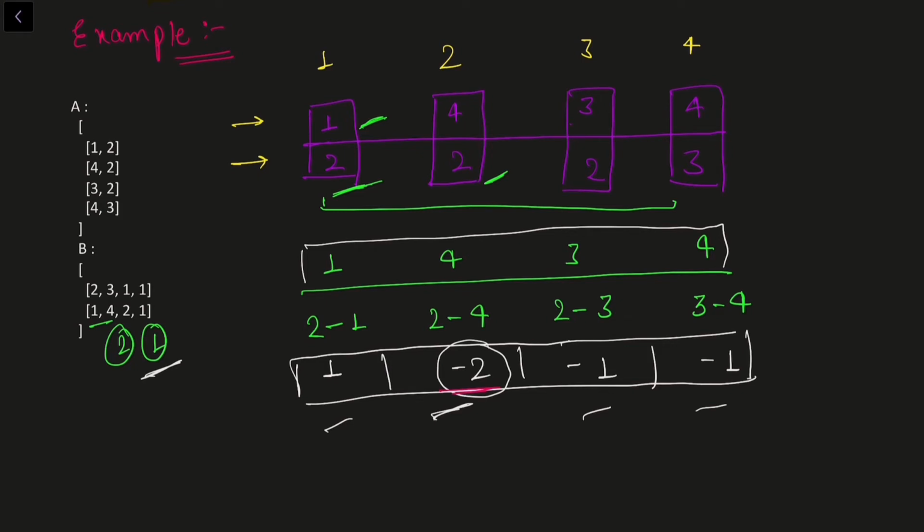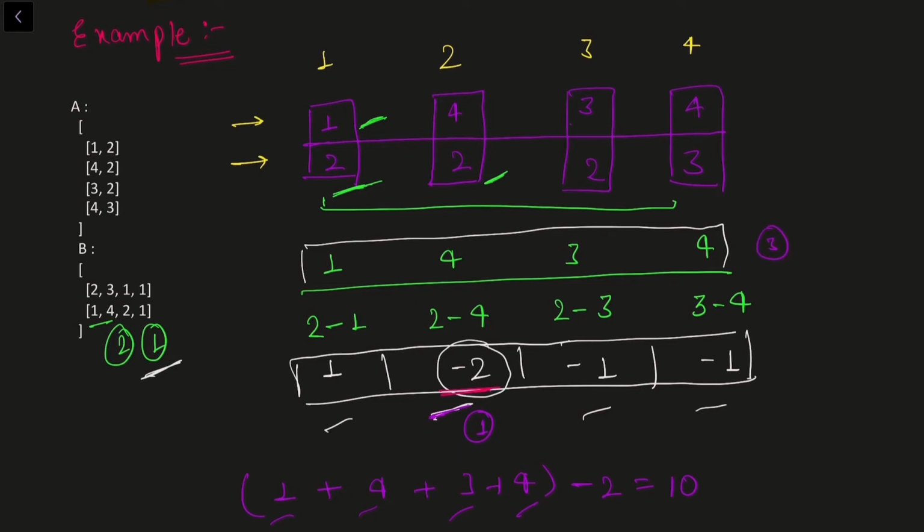Okay, so let's say I selected the second element, then what will be our answer? Our answer will be 1 plus 4 plus 3 plus 4. These are all the elements that we bought. And now since I'm buying the second element of type 2, then minus 2, right? So our answer is 4, 5, 6, 7, 8, 9, 10, 11, 12 minus 2, that is 10, right? So I got 10 as the answer right here. And what I did here, I chose one element from this one and three elements from this one, right?